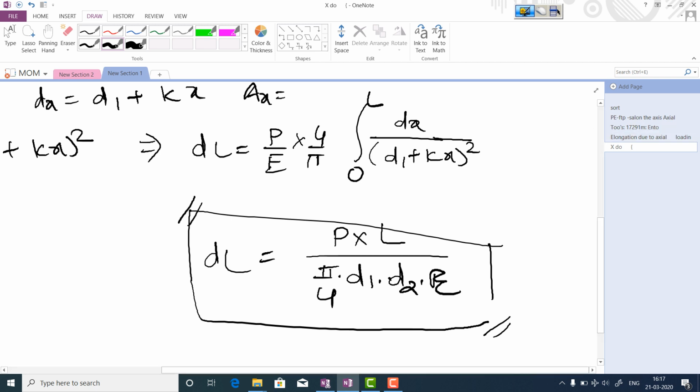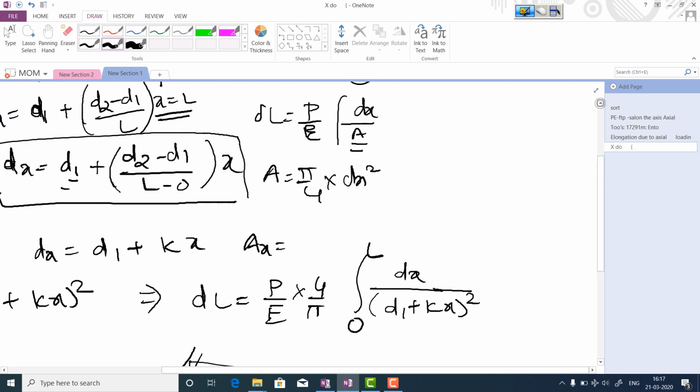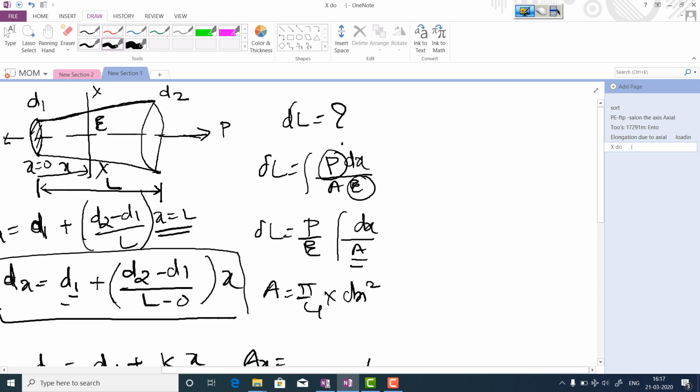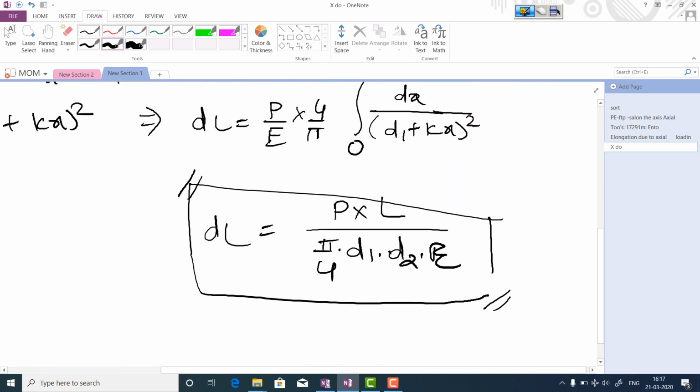This is how the problem has to be solved when any one of the three, that is P, A, or E, is changing, then we can go for this formula and then solve it. Now we will see some basic problems regarding these topics,